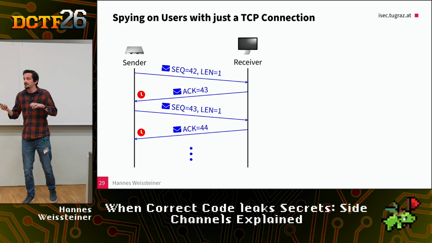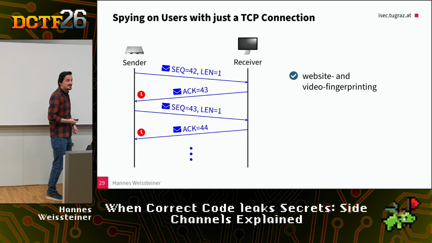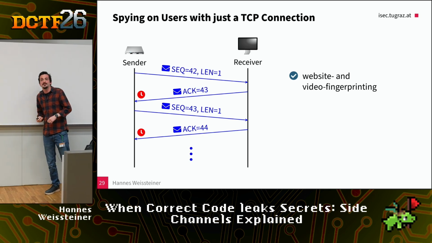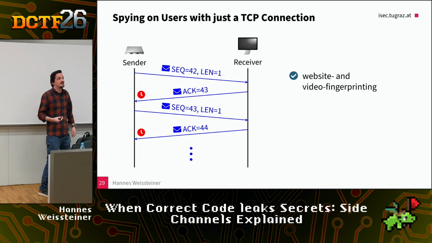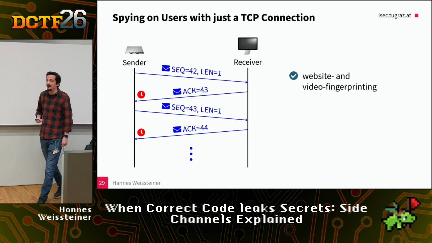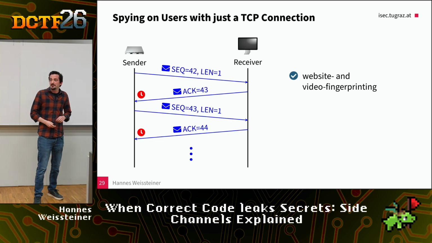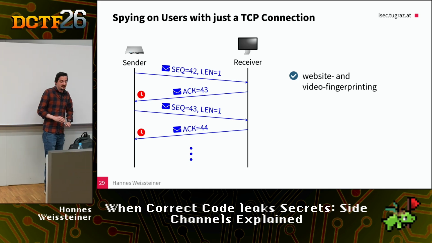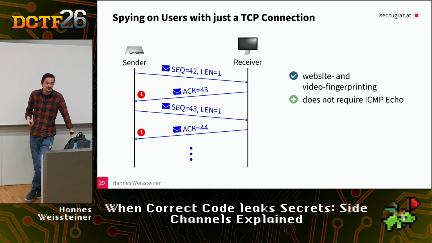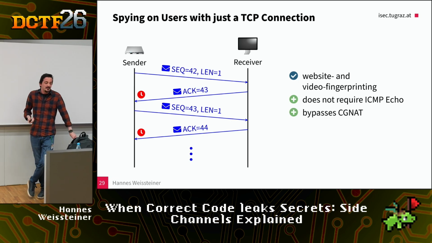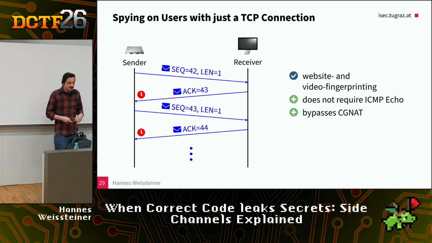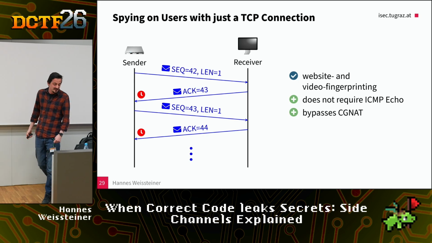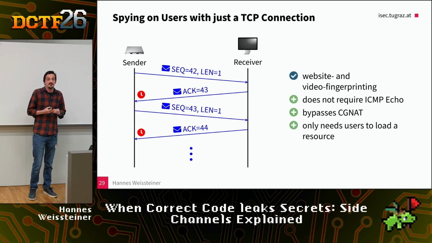When you take all this data and you chuck it into some machine learning, you can see what websites the user is currently accessing while they are loading this picture. You can see what video you are watching while you are loading this in the background. I can send you a huge image file that just downloads for 30 minutes in the background in some random tab and can monitor you as long as I want. This does not require your router to respond to pings. This bypasses CGNAT. You are the one downloading from me. So this bypasses a lot of security features of the internet. You just need to click on some website where I have embedded some resource.